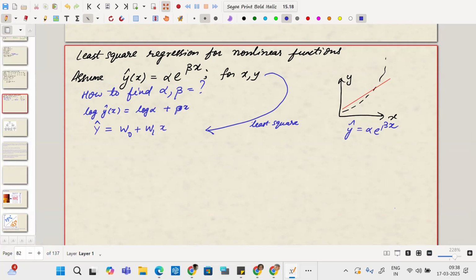Now still 90% of the job is done. 100% is not yet done. What is the remaining 10%? You know W naught is log alpha and you know W1 is beta. So you don't have to do anything for W1 because it's already equal to beta. But you also need to know alpha. How can you compute alpha from here? Alpha equals